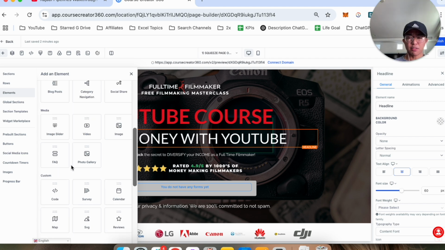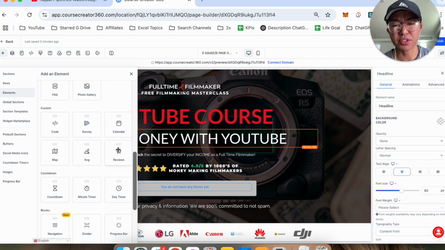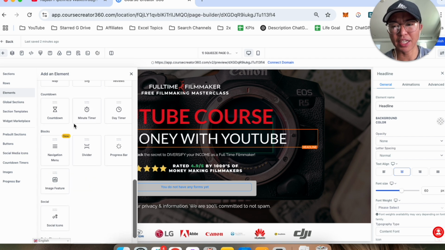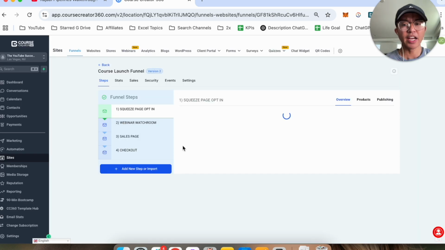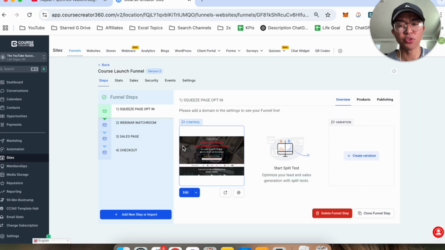You have media elements. I'm not really tech savvy. I don't really use the custom elements as much. I use countdown sometimes. I use blocks, and I use order. Order elements are especially important. So let me actually show you what that looks like. And then afterwards, I'll go through a brief overview of all the template funnels that's included with